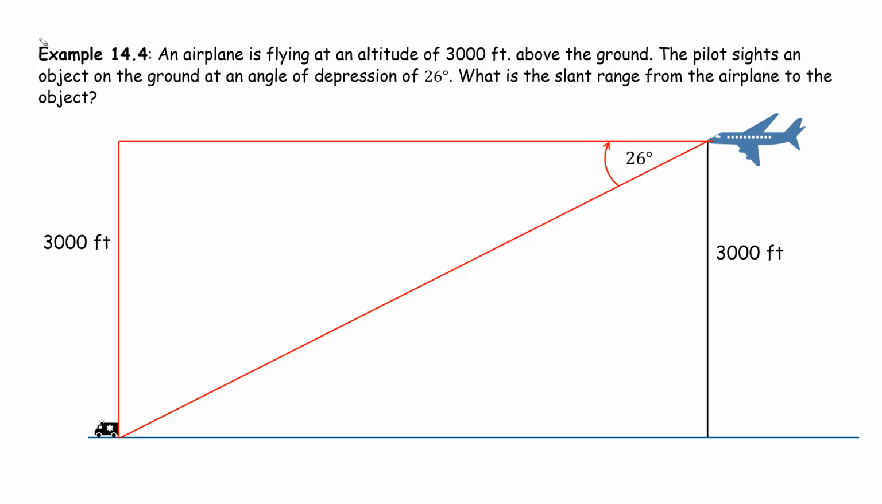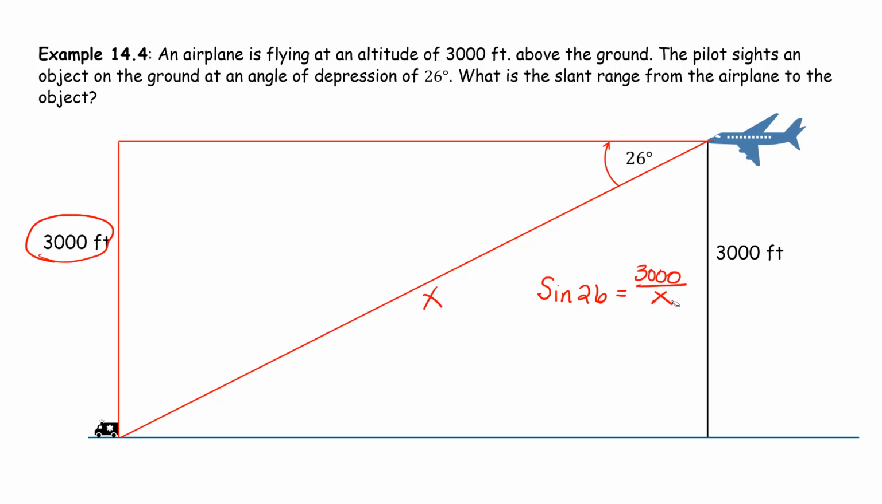All right, so now you've got your triangle. And the question is, what is the slant range from the airplane to the object? And the slant range means this side, the distance from the plane directly to the object, straight line. And that is the hypotenuse of that triangle. So we have the opposite side, and we're looking for the hypotenuse. So that means we're going to use sine. So sine 26 is equal to opposite